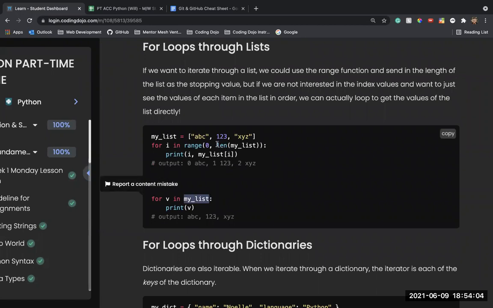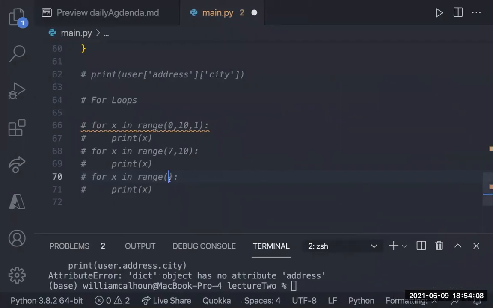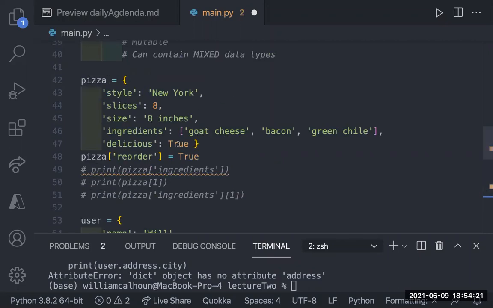And by default, it will automatically do the length of that list. So coming back to Buffalo, I can say for X in Buffalo. And this will iterate through the entire list of Buffalo until the end of Buffalo, and it'll print X, whatever that is, which is all those numbers.